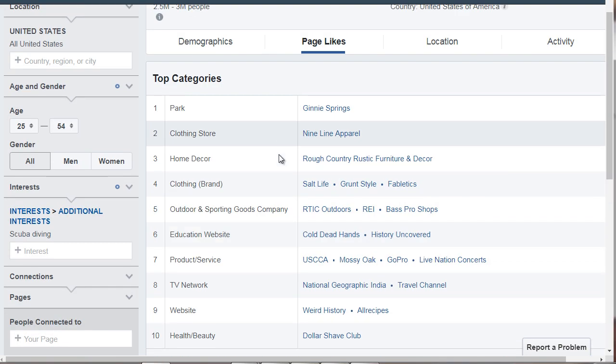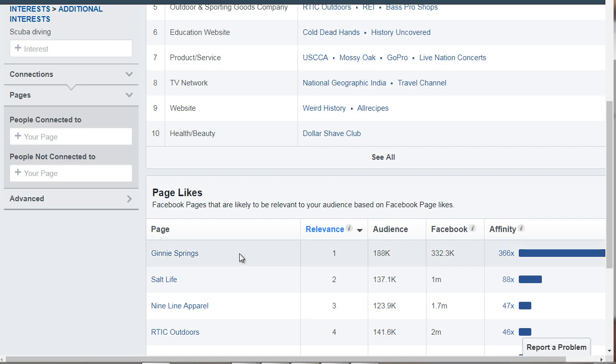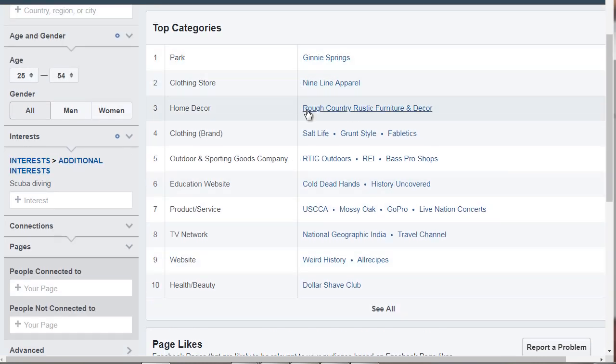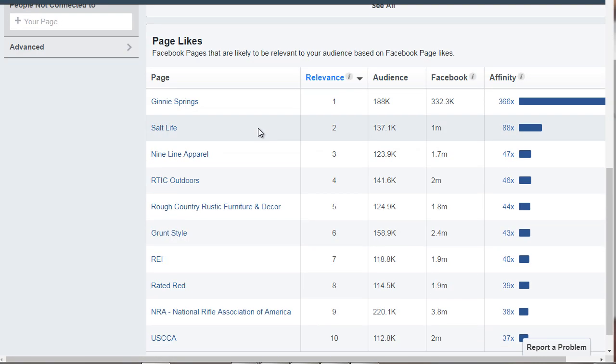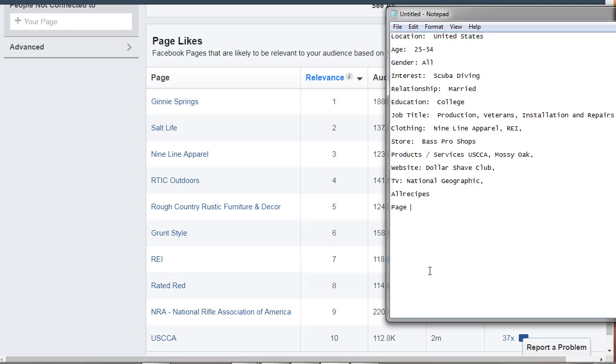So what's the difference between this and this? This is page likes, and these are actual categories that they're interested in. So we've got page likes, we've got Jenny Springs, Salt Life 9-line apparel.